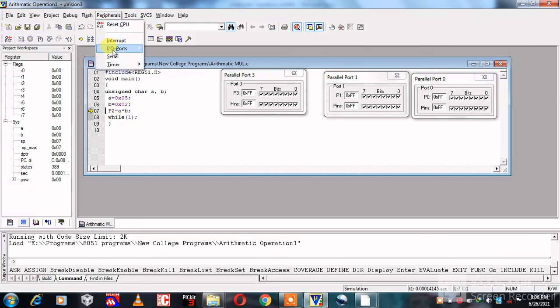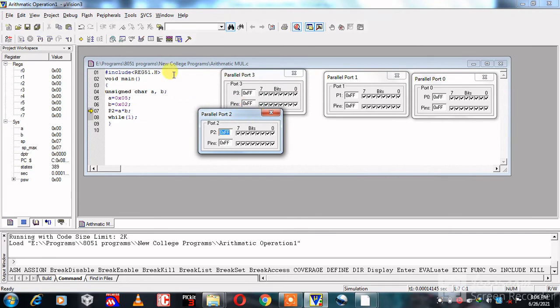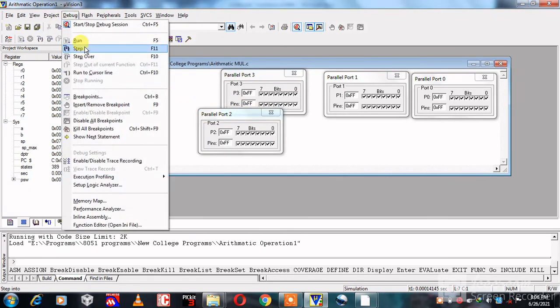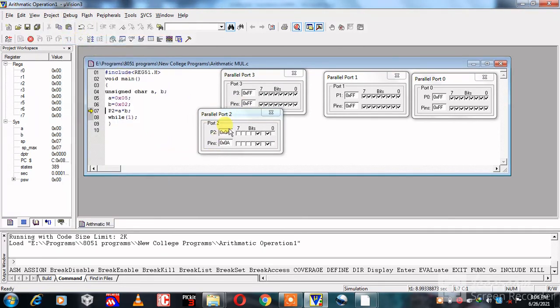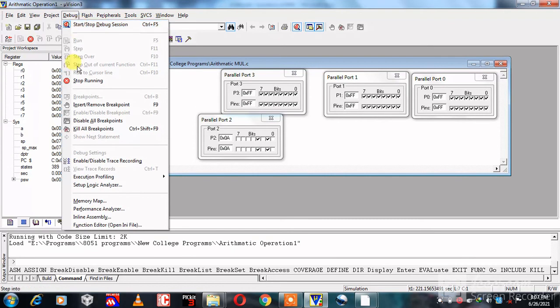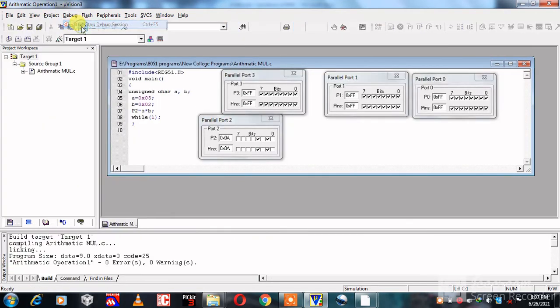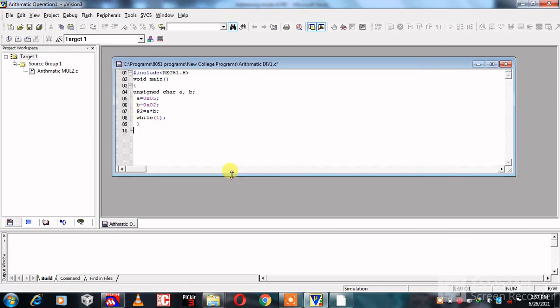Then click on peripheral and take port P2. Then click on debug and run this program. Our result is 0x0a. Then click on debug and stop running.